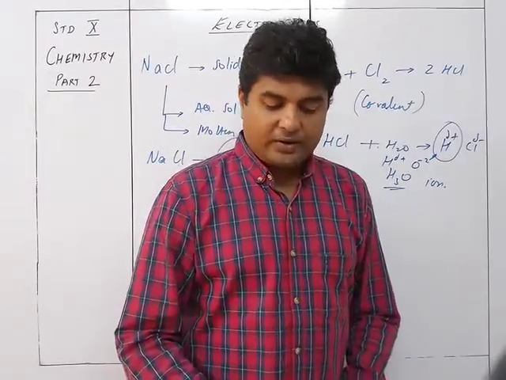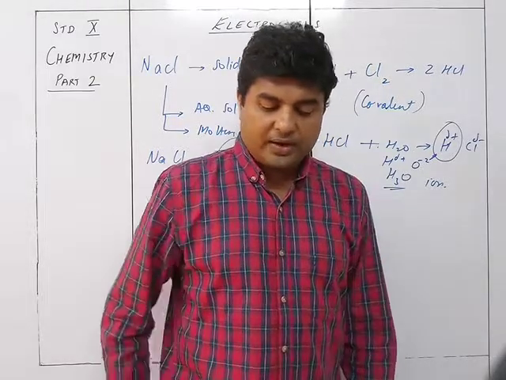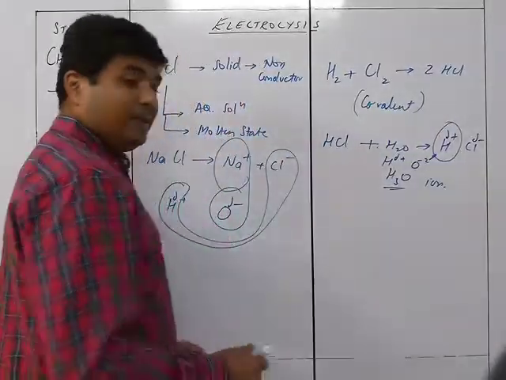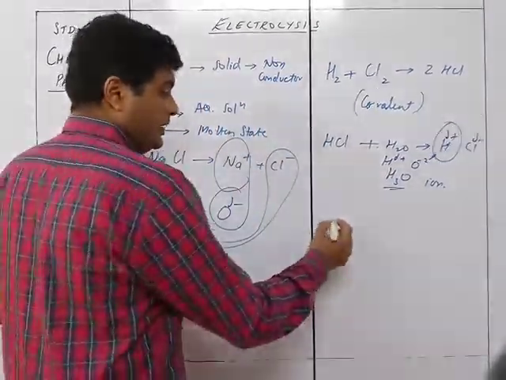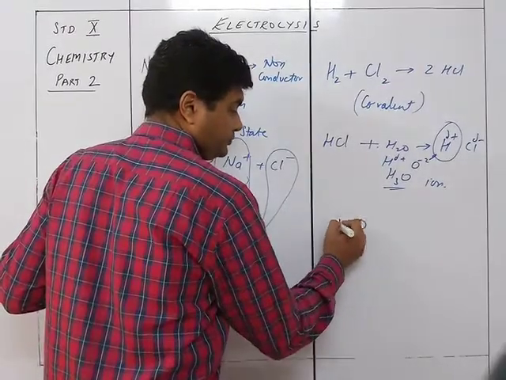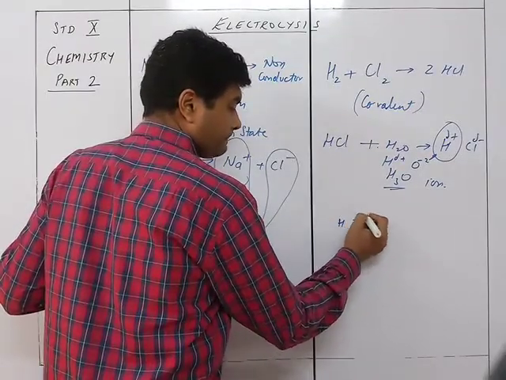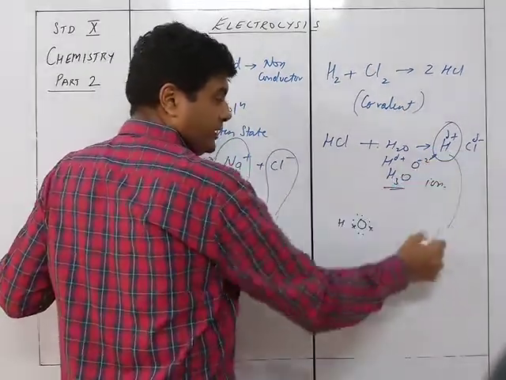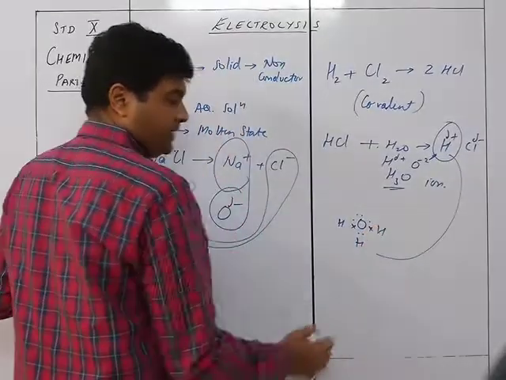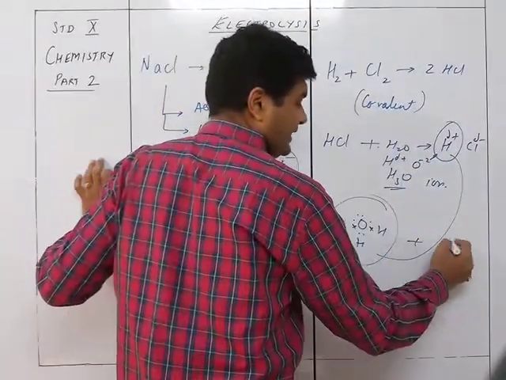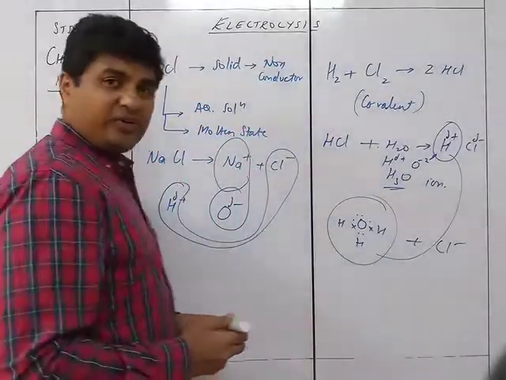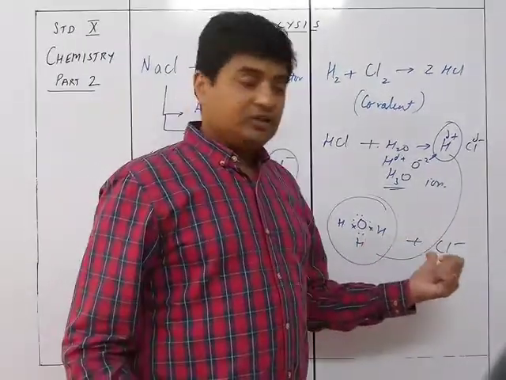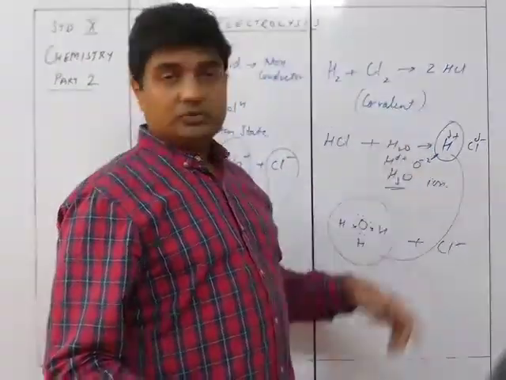Hence, ammonia or hydrogen chloride in gas or pure liquid does not conduct electricity, but conducts electricity when dissolved in water. So, you know very well the hydronium formation: H2O is like this, with O here, and it has a lone pair. So this H over here is going to come over here with the lone pair, forming H3O plus and Cl minus. This H3O formation is the cause of its acidic content. So that's why this forms H plus, and so this is how the